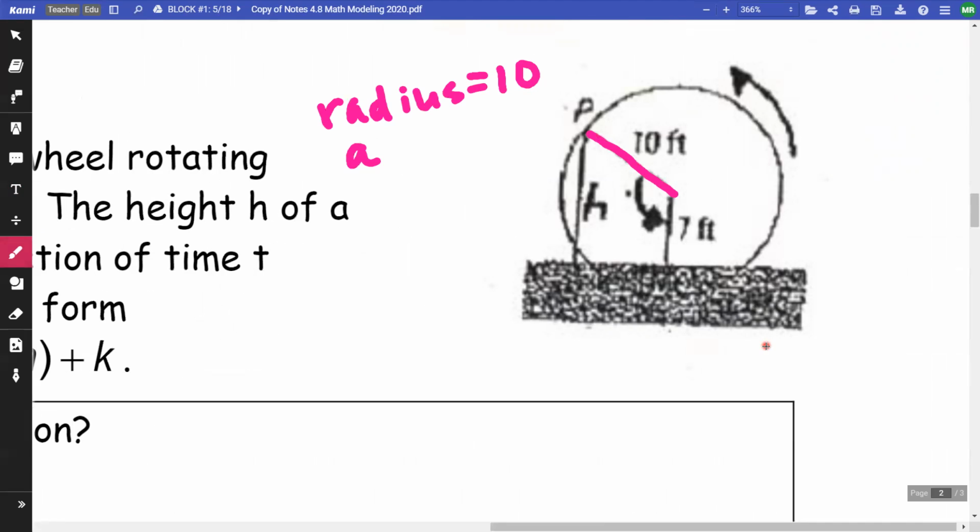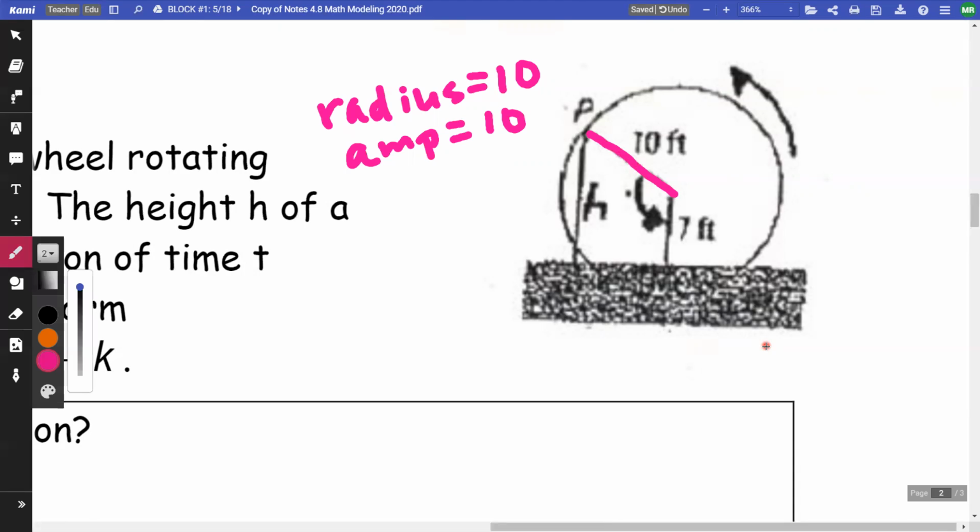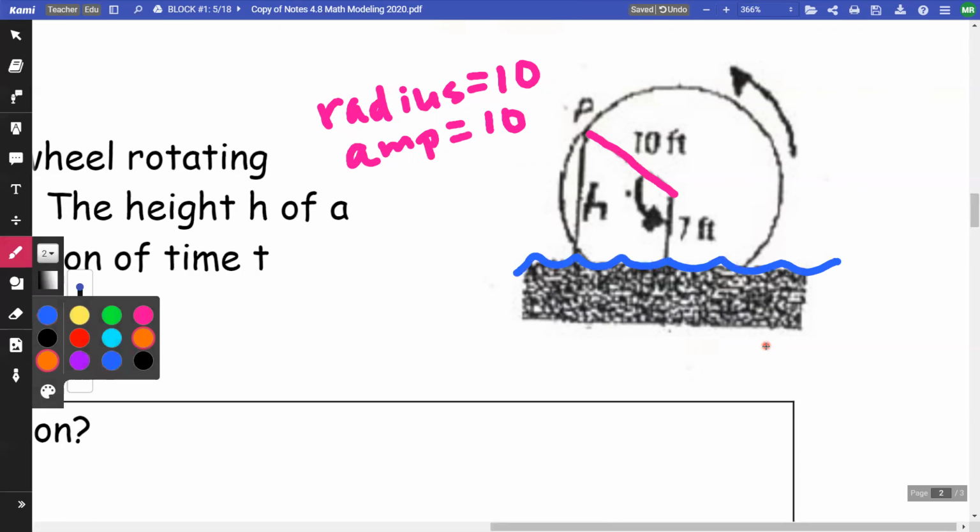And so our amplitude is 10. I'll just put amp. Amplitude is 10. Now they also have that this is water here, and that this is 7 above. That's where the center is at 7, which means if I do that radius of 10, that's going to put me up at